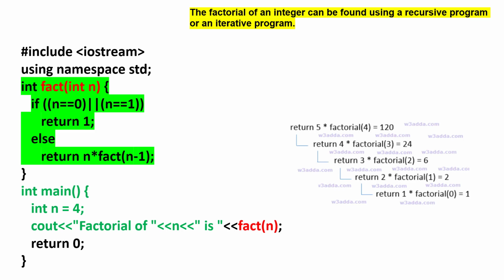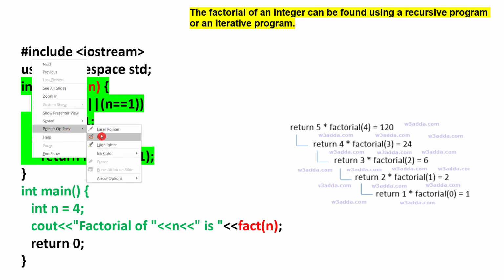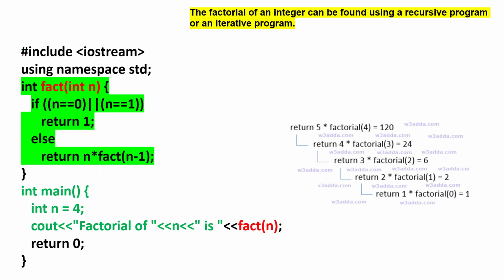Okay, so I have made some color coding to make it easily visible and understandable. You have the header file. I'll put it in pen mode. You have hash include iostream, using namespace std with a semicolon. Then the control will go to the main function. So int main, the brackets, curly bracket, correct. Integer n is equal to 4, correct. Cout, "factorial of", so this will be displayed as such, then n,